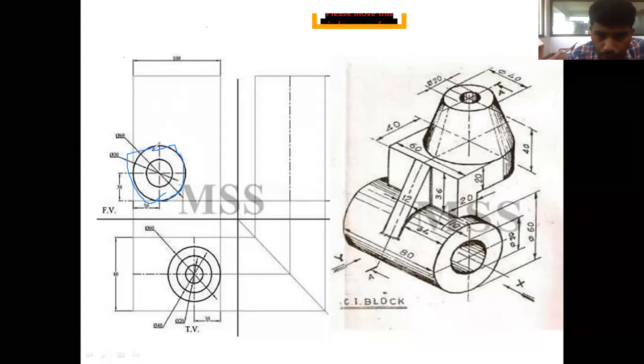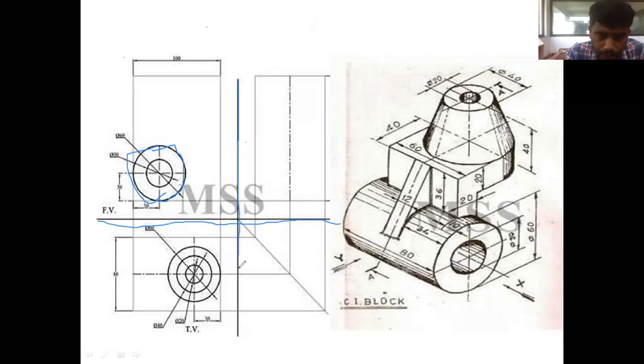views. Before this, we have to first draw the X line and Y line. This is the X axis and this is the Y axis. So here it is X and here it is Y. So XX and YY it is there.